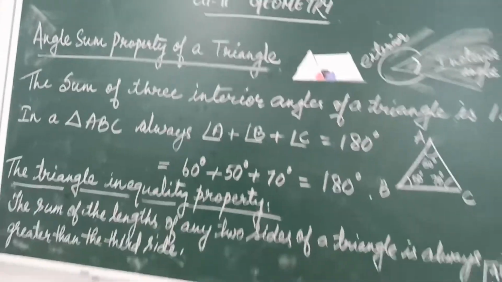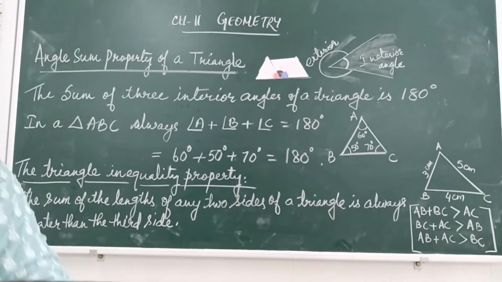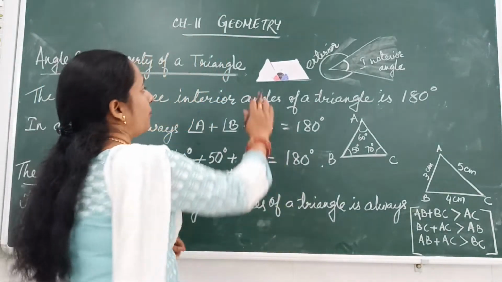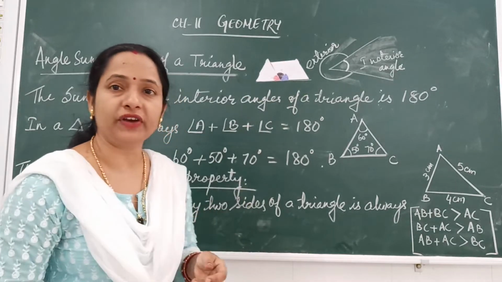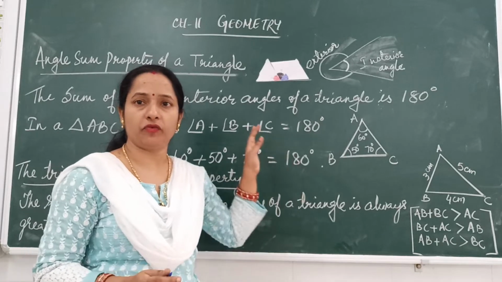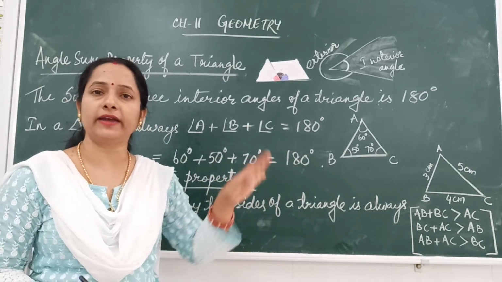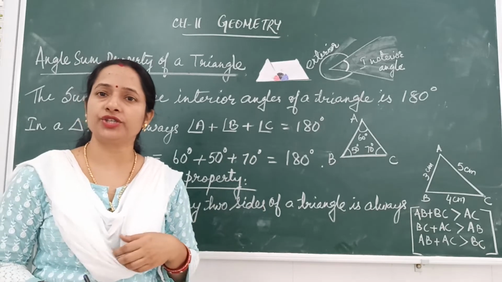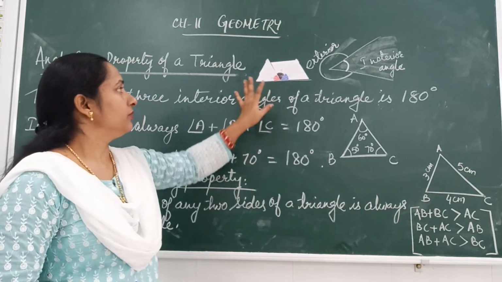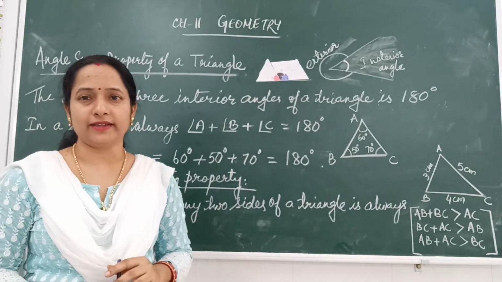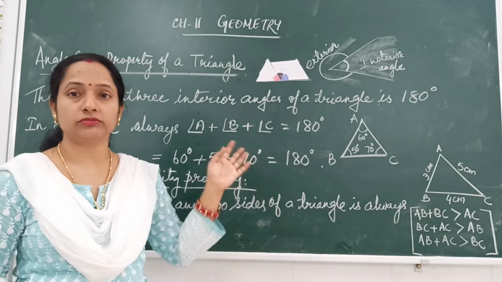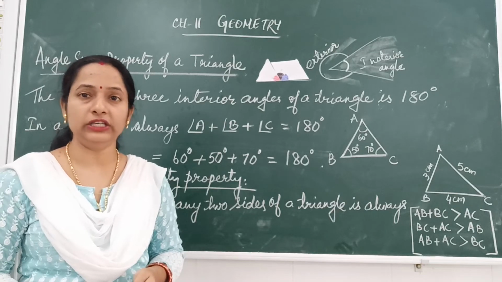So as we all know, the measurement of a straight angle is 180 degrees. So here we have proved that the sum of the 3 angles of a triangle is 180 degrees. Hope you children understood very well what the angle sum property of a triangle is, and this particular demonstration has given you the proof of the first property of the triangle. So children, you can try this at home, to verify the angle sum property of a triangle. Okay.